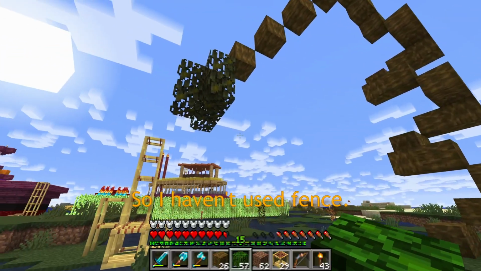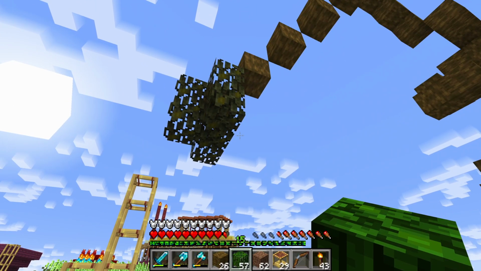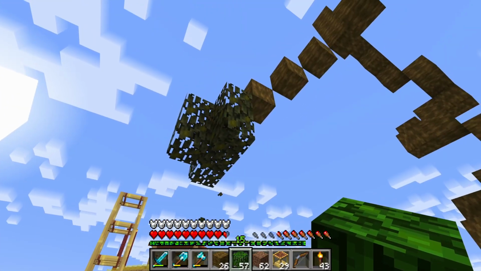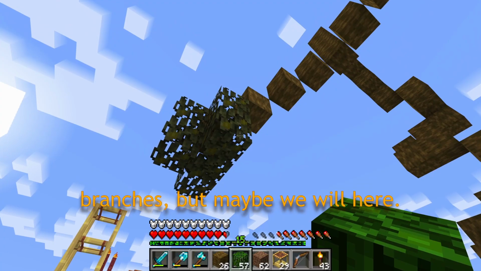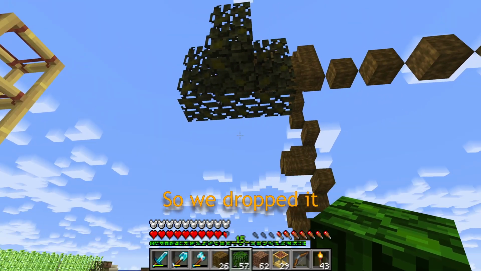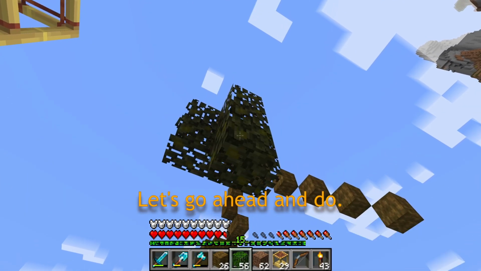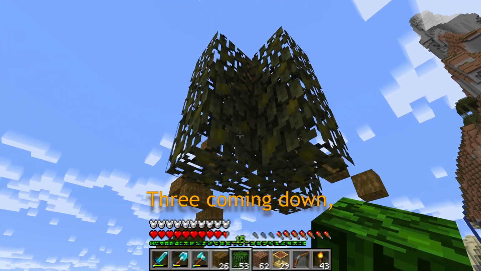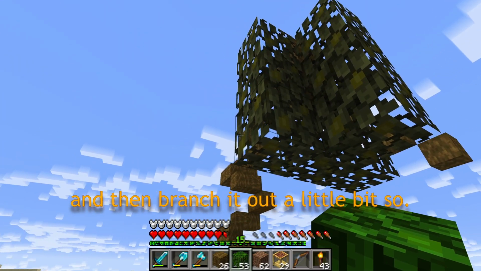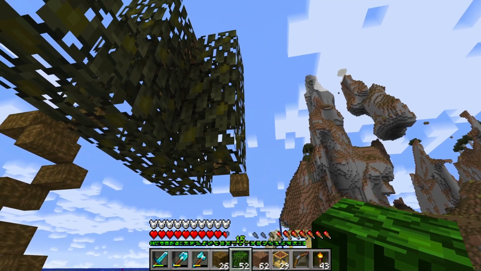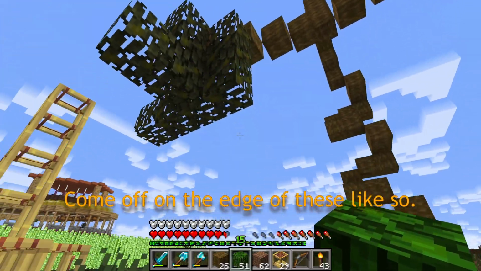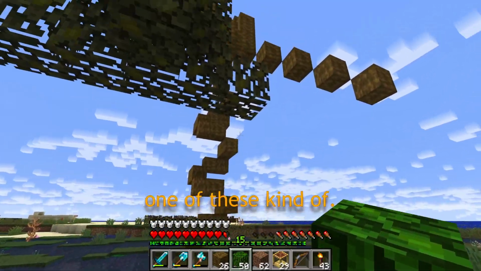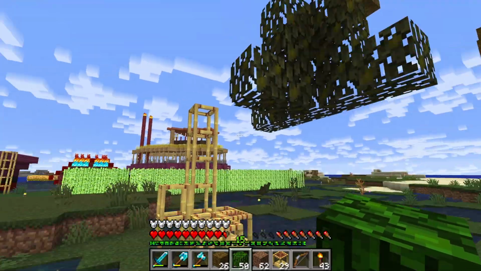So I haven't used fence posts, I think, yet to make smaller branches, but maybe we will here. So we dropped it down, we made it bulkier. Let's go ahead and do, let's see here, three coming down. That's a good thickness. And then branch it out a little bit. So come off on the edge of these like so, and then put a stick coming down off of each one of these, kinda. Yeah,